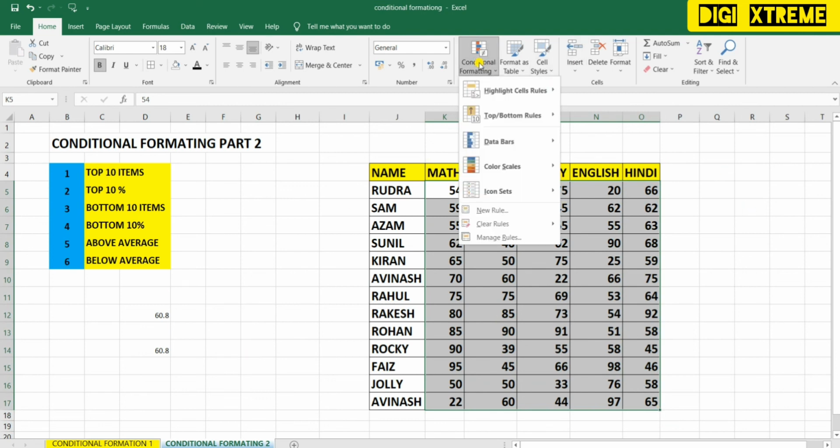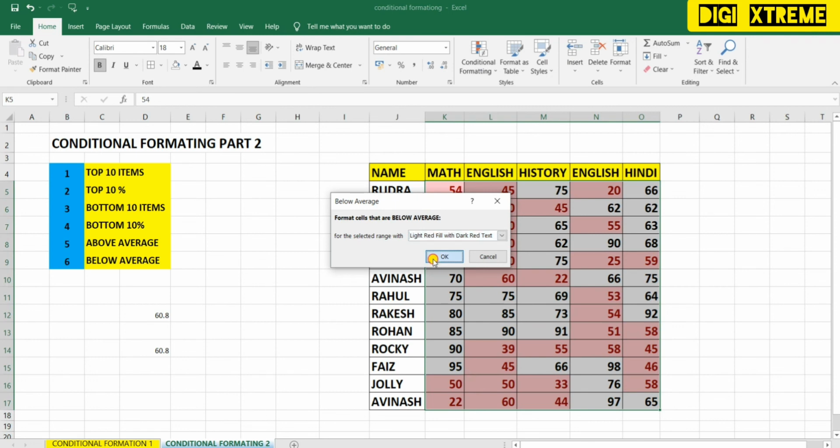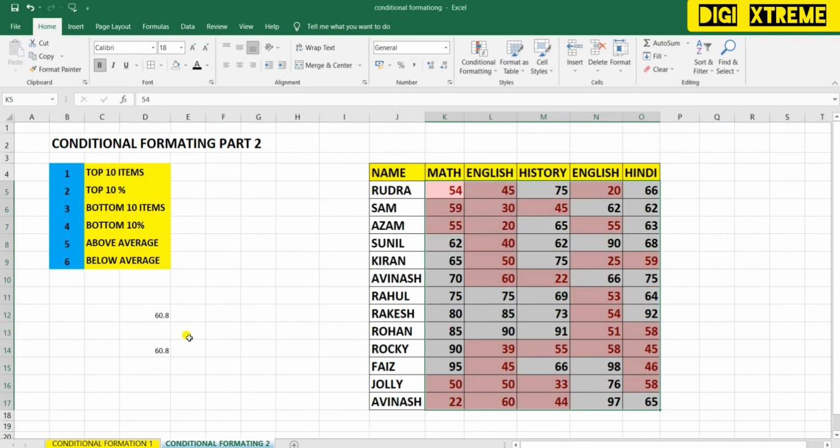Then I'll go to conditional formatting, top bottom rules. Now below average, you can see all the cells highlighted here are below 60.8. You can check yourself. This is our average and we have given the condition below average, so it should be below 60.8.